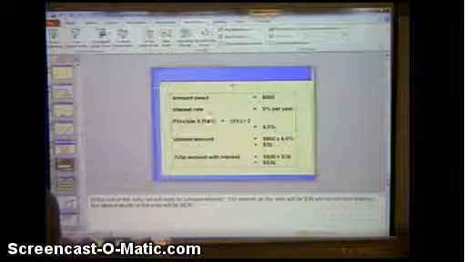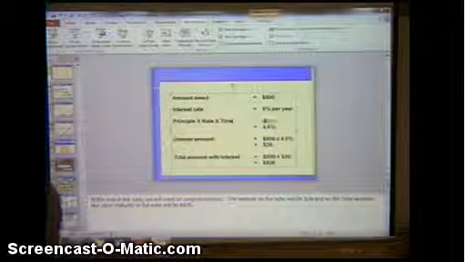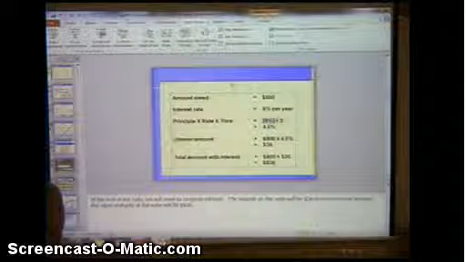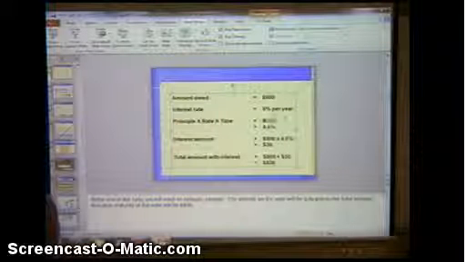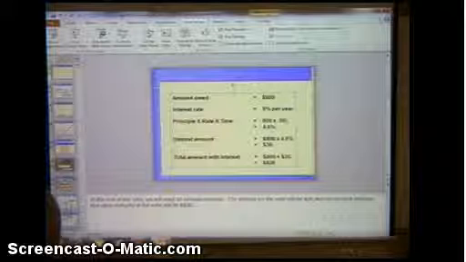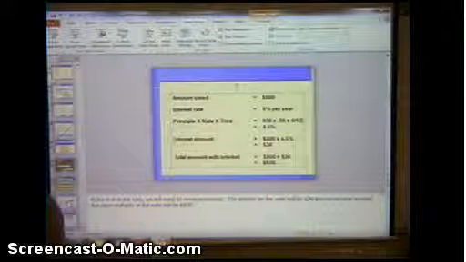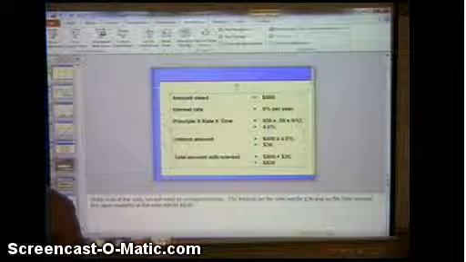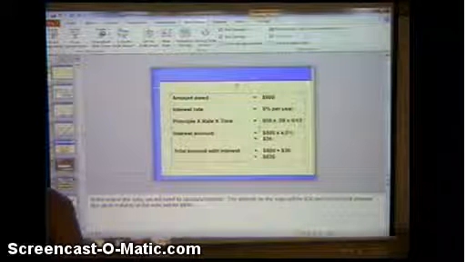That would be $800 times 9%, or 0.09, times, and since it's 6 months, 6/12. In essence, you're doing the same thing, but this is the way the formula works, and I'd rather you see it that way. So the interest is going to be, when you multiply all that out,